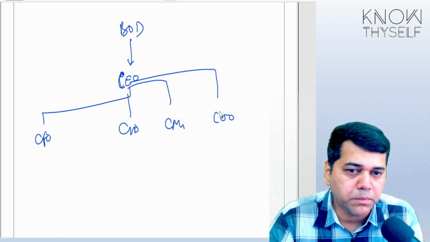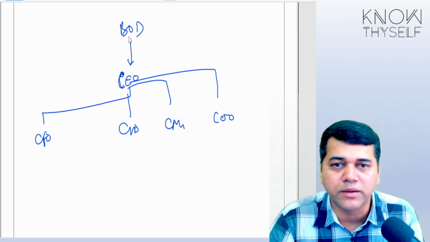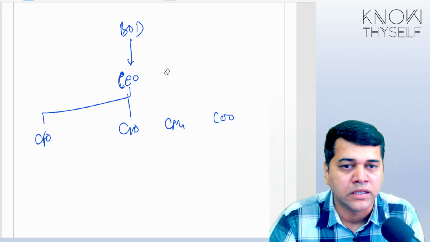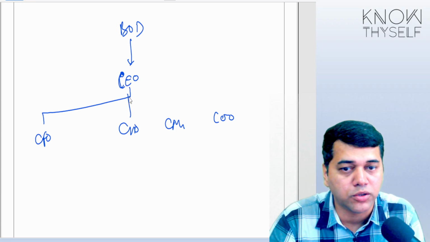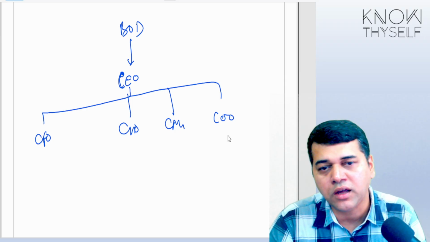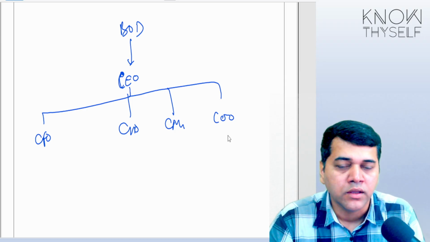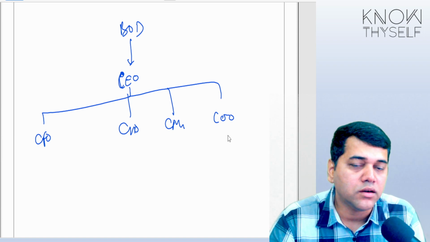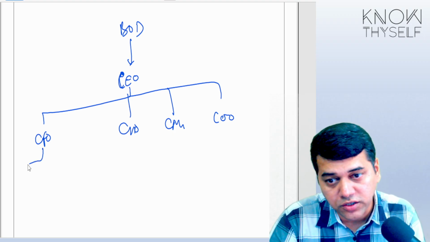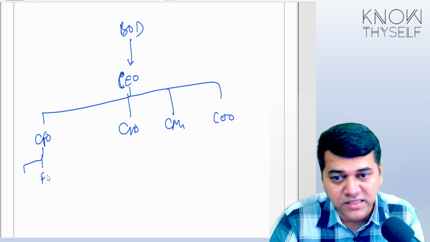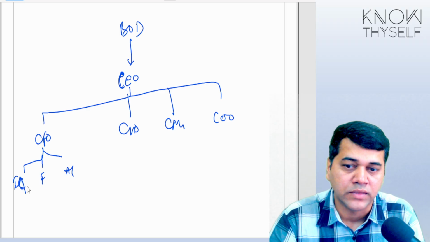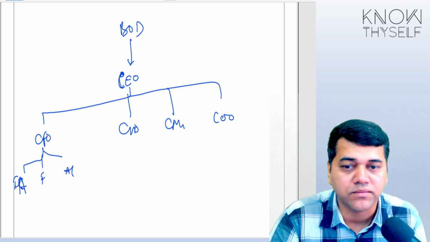Now, all these people will report to the CEO and the CEO will report to the board. This is the organization structure where you have the communication system. None of these people will directly go and talk to the board because the reviews happen through the CEO. This is how the organization structure will look. Now, where will the internal auditor sit? Traditionally, internal audit was sitting under finance and accounts. Traditionally, it was sitting here.